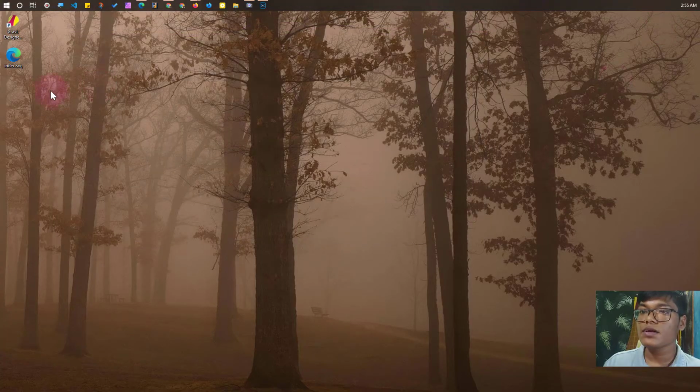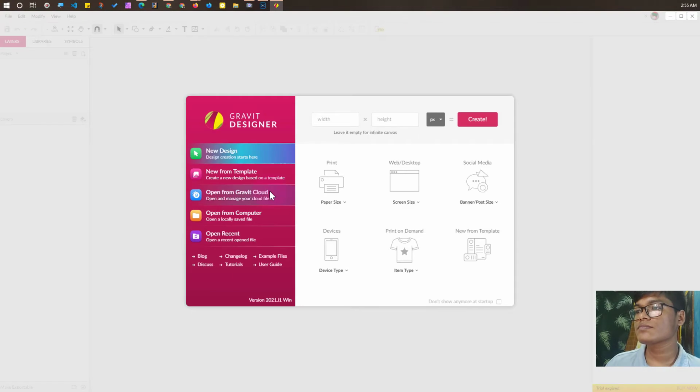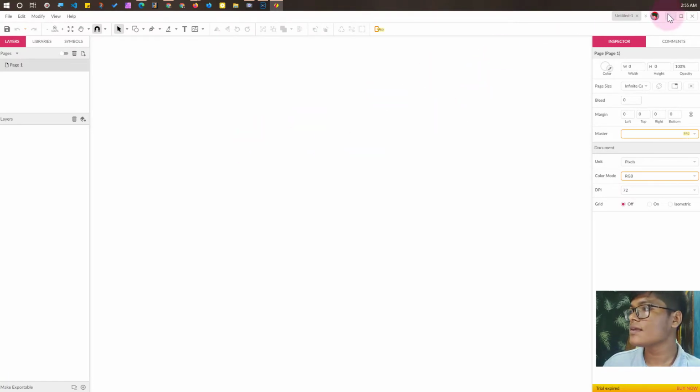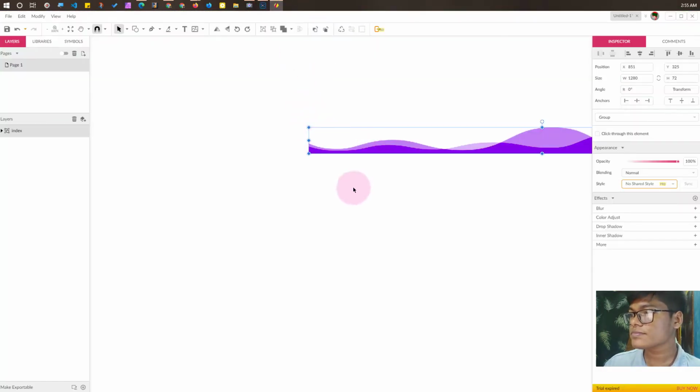And we're gonna use an SVG editor. You can use anything, Adobe Illustrator or Affinity Designer, anything you want. I'm gonna use Gravit Designer, sorry. So click on the outside and let's import our SVG. Drag it and drop it. Okay,